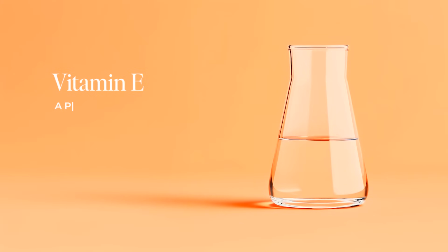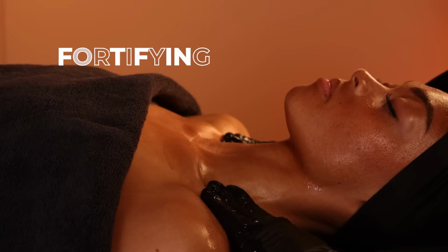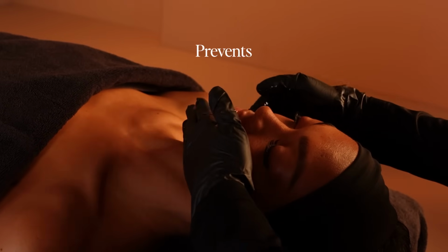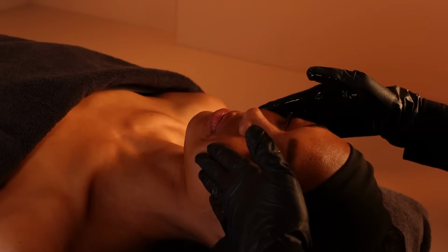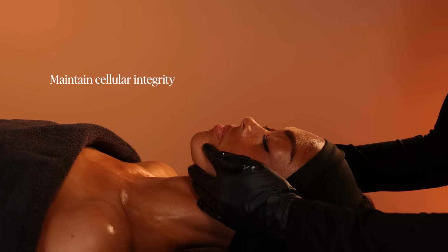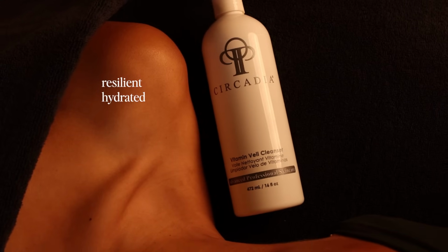Vitamin E, a potent fat-soluble antioxidant, becomes integrated into the lipid membranes of skin cells, fortifying the skin's natural barrier against oxidative stress. By neutralizing free radicals, it prevents lipid peroxidation, which damages the skin's cell membranes and accelerates aging. This protective action helps reduce inflammation, maintain cellular integrity, and promote skin repair, leaving the complexion more resilient, hydrated, and